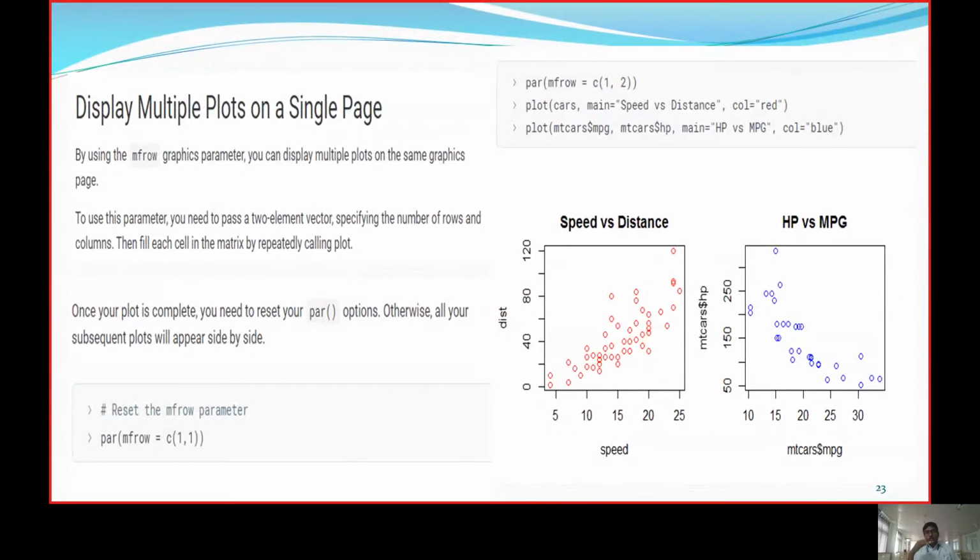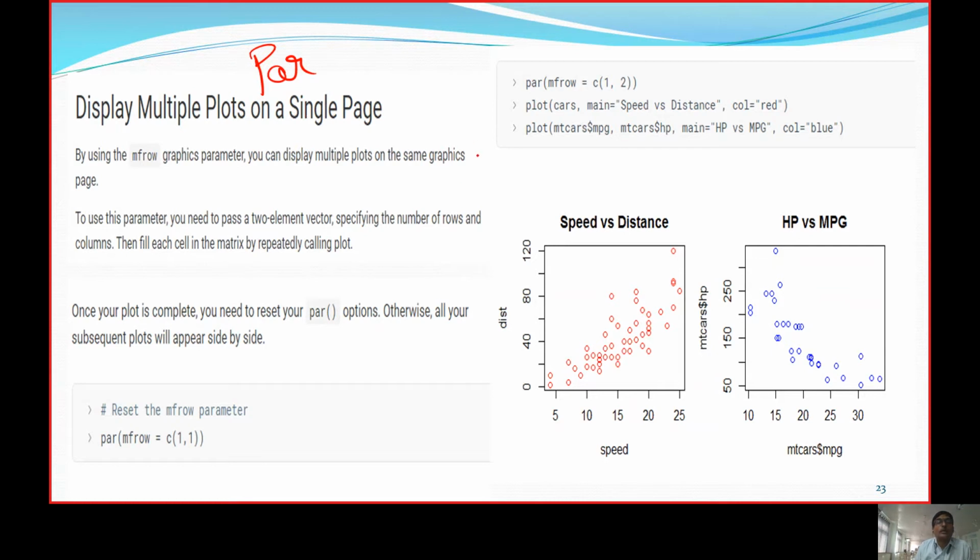Up to now, we have seen only plots taken in a single way, but there are cases where we need to have multiple plots in a single window. In that case, the most important thing is we need to partition the graph. For that, we are going to use a parameter, PAR.